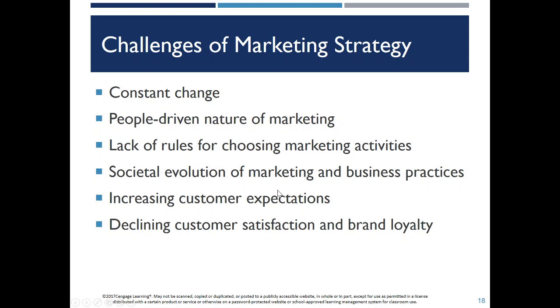Satisfaction is at an all-time low. Brand loyalty, with the exception of certain product categories, is at an all-time low. So there's a lot of churn, as we call it, lots of customers leaving and shopping around and not necessarily buying just one particular brand. So how do you reverse this trend, at least within your particular organization? It's tough. Okay, price sensitivity. Because we have so many new ways to shop for products, it's easy to price shop, and therefore we're becoming a lot more price sensitive. So that's also a challenge.